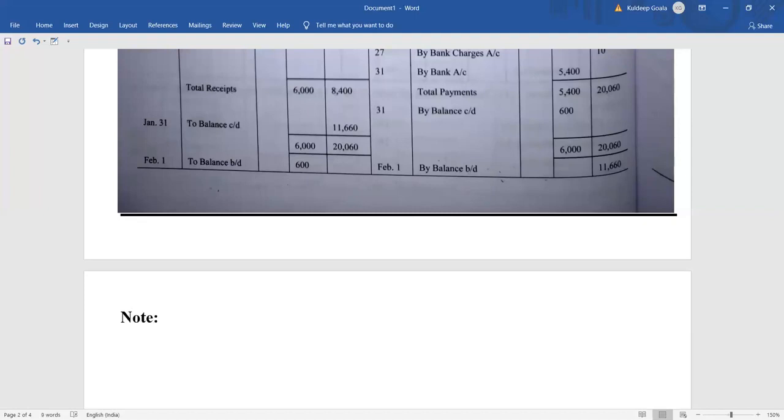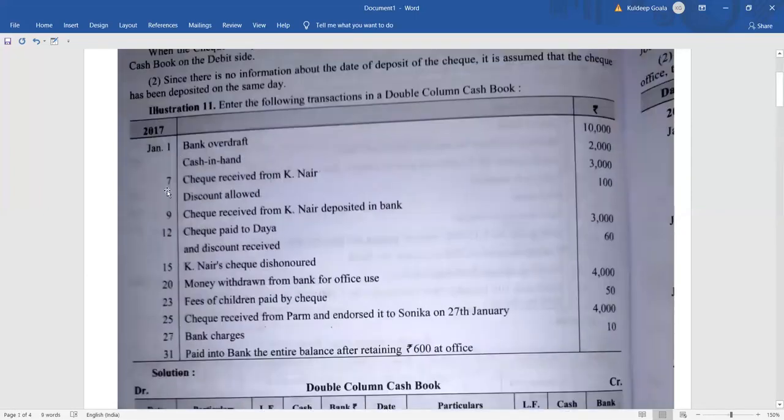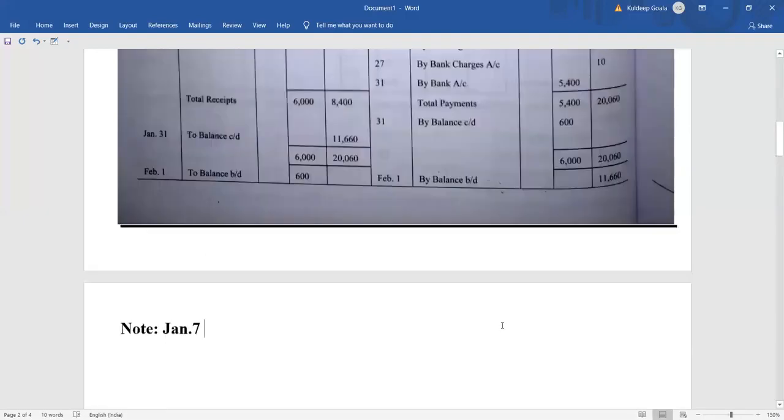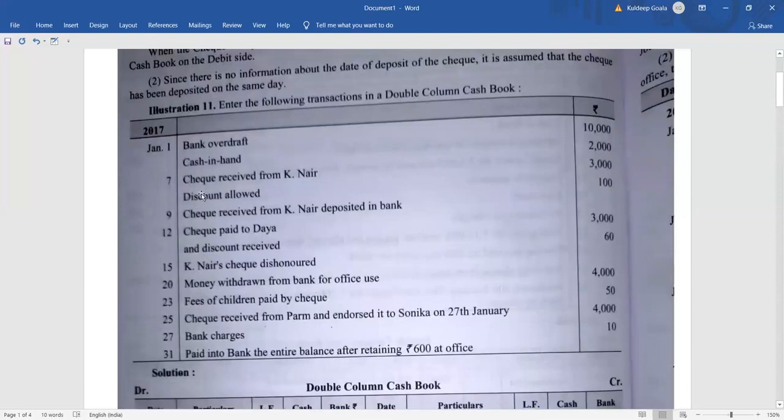Okay, what will be the note? You can see it is which date? January 7, right? January 7. I will explain you the entry also along with this. Now, as we can see here in January 7, the check was received from K Nair, okay, and deposited on 9th. That means these 2 days, that is on 7th and 8th, this check was lying with us, right? When the check will be lying with us, we are going to take it as check in hand account. Okay, instead of check, we don't write check account, we write check in hand account. Okay, and it is a real account, it is our asset, so it will be taken as real account.